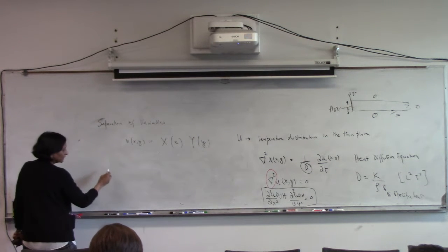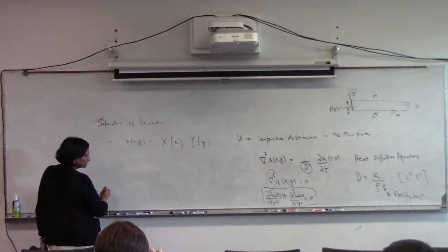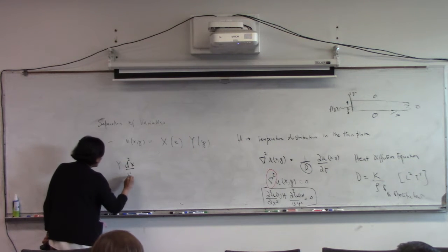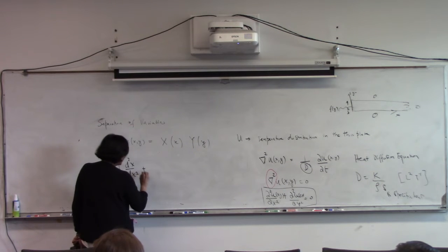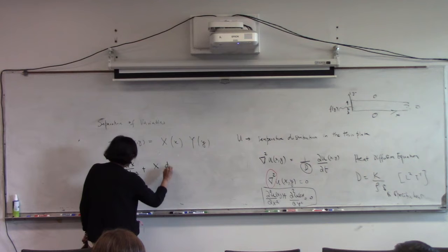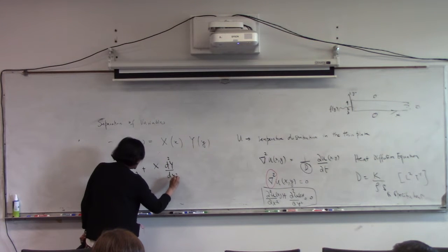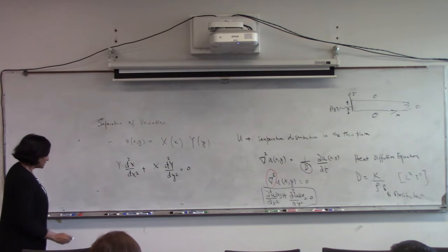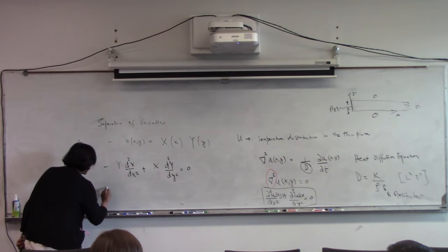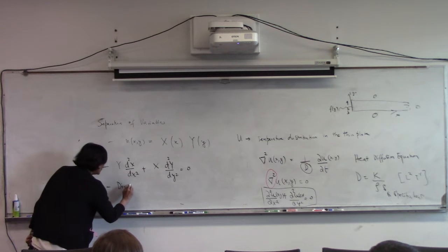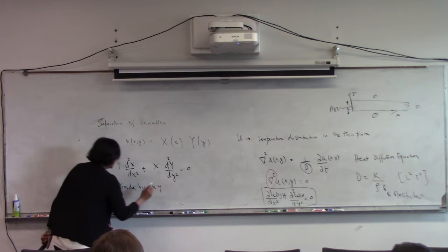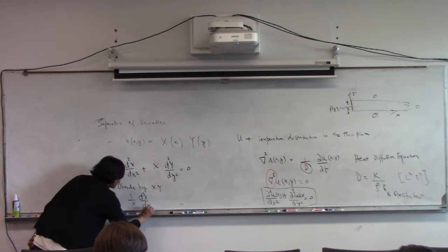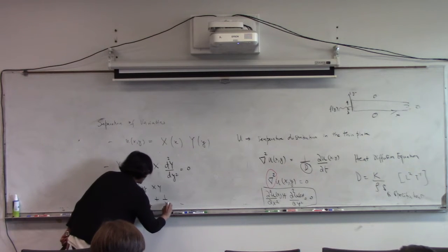When you do that, we can convert the PDE into ordinary differential equations. So you have Y d squared X dx squared plus X d squared Y dy squared equal to 0. Here x and y are the independent variables, and X and Y are functions. The next step will be to divide by X Y. So you will get 1 over X d squared X dx squared plus 1 over Y